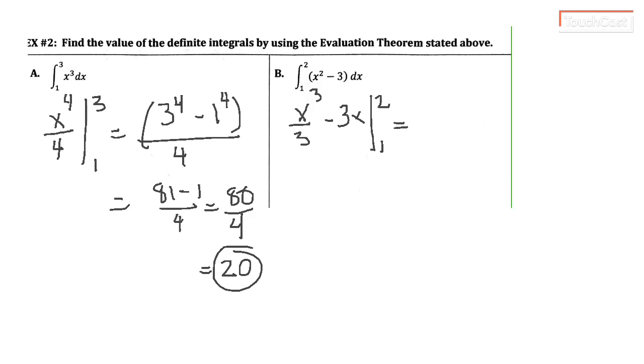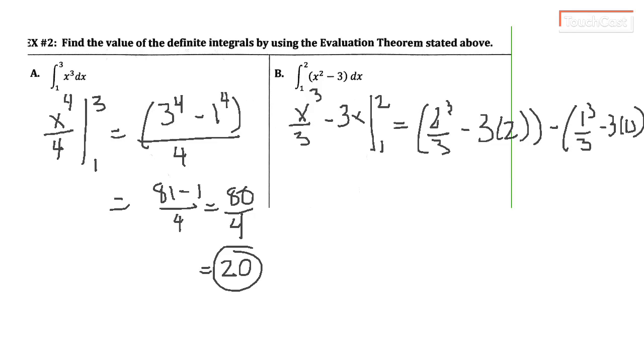f of b, so f of 2, we're going to go 2 cubed divided by 3 minus 3 times 2, and then we're going to subtract from that f of a. So 1 cubed over 3 minus 3 times 1. Well, 2 cubed is 8, so we're going to end up with 8 over 3 minus 3 times 2 is 6 minus 1/3